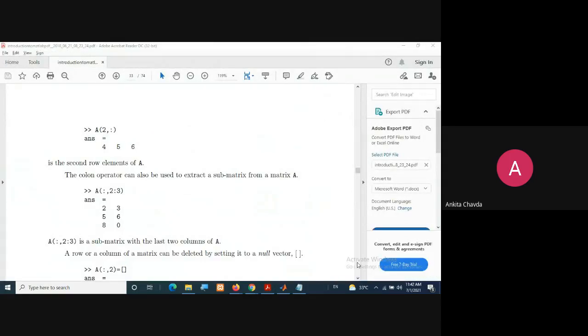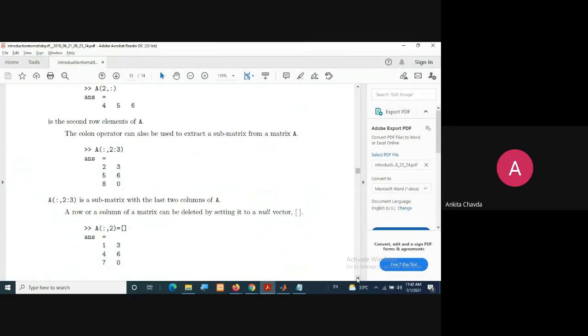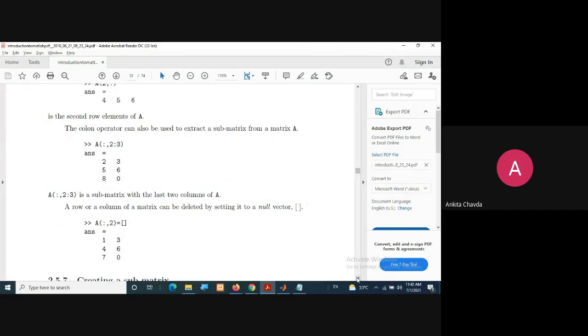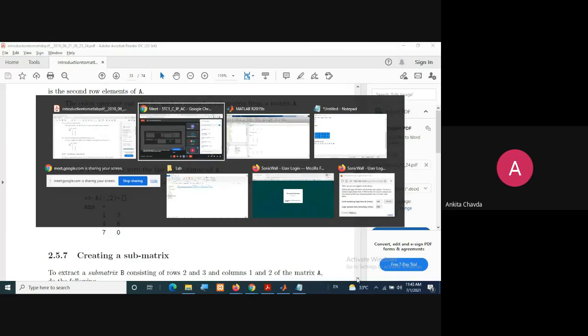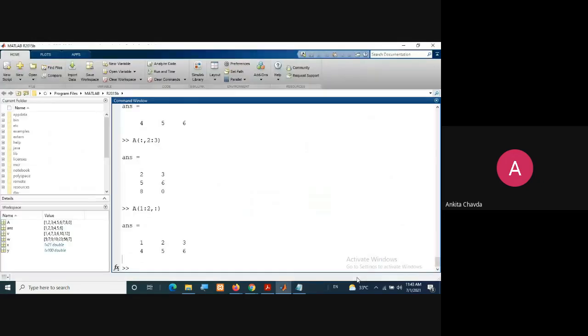After this, you can even delete any of the column or row if you wish. Suppose this is my A, right? And I don't want this column, 3, 6, and 9. What I need to write first is for all the rows.